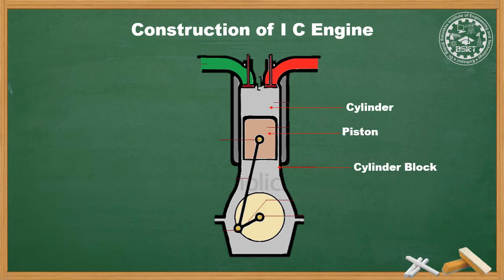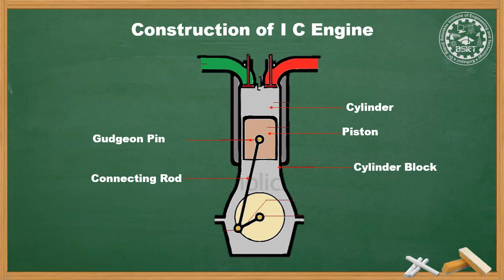Third is a piston. Piston is cylindrical, hollow and closed at the top end like an inverted bucket. It is free to slide inside the cylinder barrel. It helps to transmit the force of explosion to the crankshaft. Connecting rod. Connecting rod is nothing but the member connecting the piston and the crankshaft. The connecting rod is a link which connects piston and crankshaft. It joins the piston pin with the crank pin; the small end connects to the piston pin and the big end connects to the crank pin.